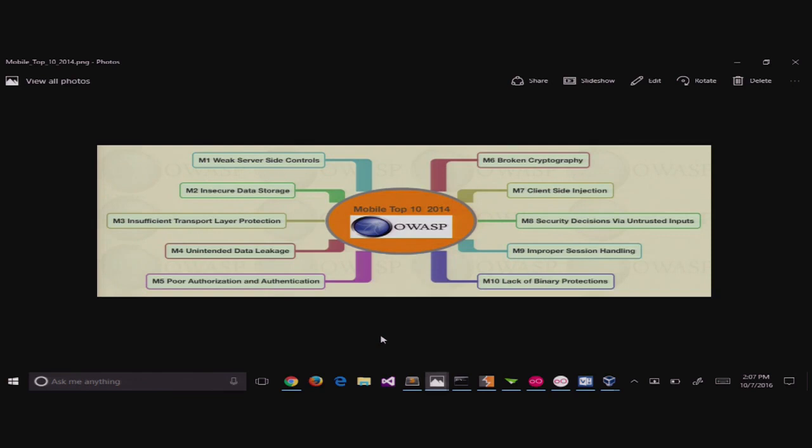So we're looking to start with these 10 things and then go from there. So what are the 10 things? Interestingly enough, the first of the 10 things is actually not a mobile application bit at all. It's entirely about the server side, weak server-side controls. So those services, which do very well fall under the OWASP banner, are number one on the list. Absolutely. Insecure data storage is M2, and that's referring to keeping secrets on the device. Now, there are secrets and there are secrets.